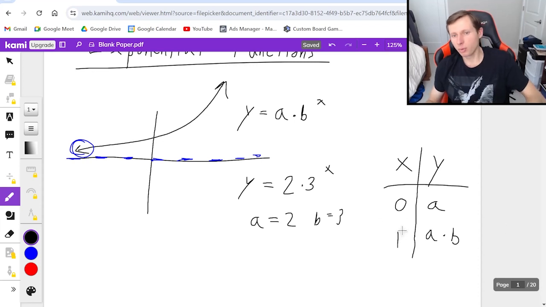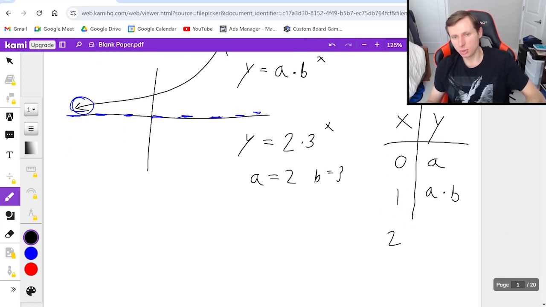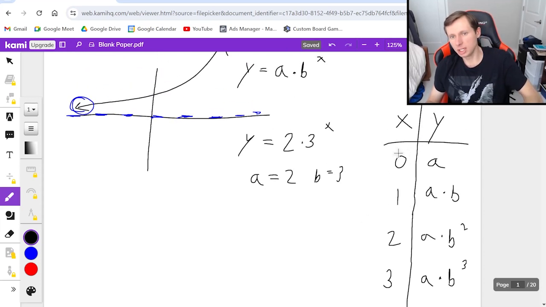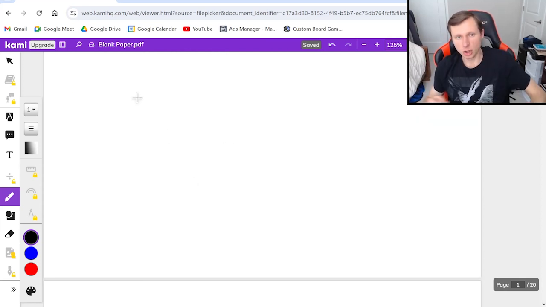And then any other point you want to plug in, for instance 2, it's going to be a times b squared. And if you want to plug in 3, it's going to be a times b cubed. And you kind of see how this pattern repeats. But really we only need these first 2 points, and then the rest of it we can just graph based on these 2 points. And now I need to talk about transformations,